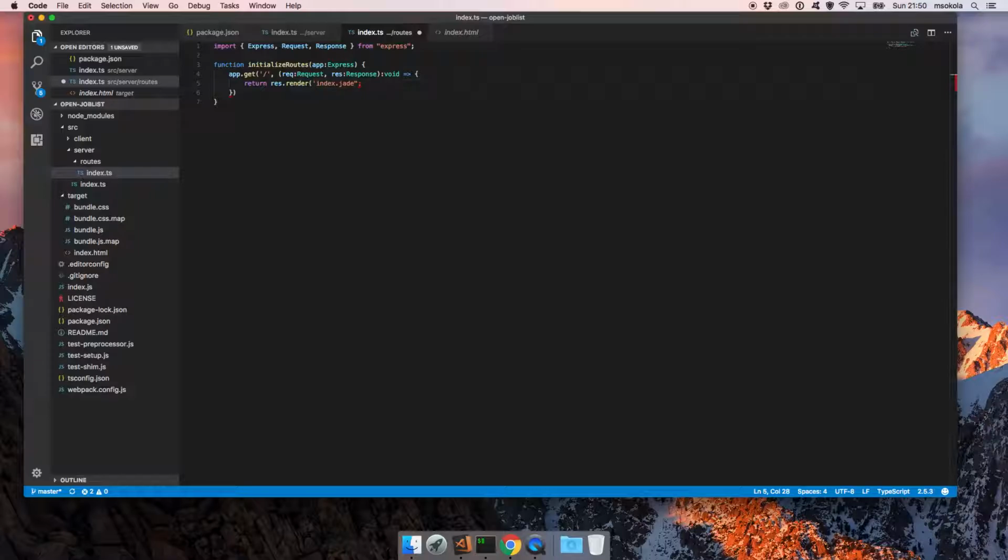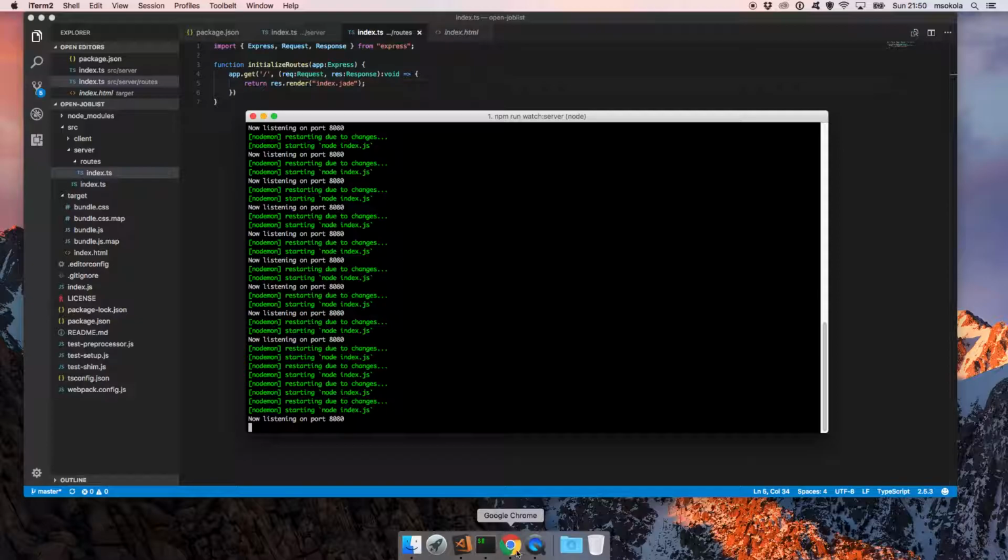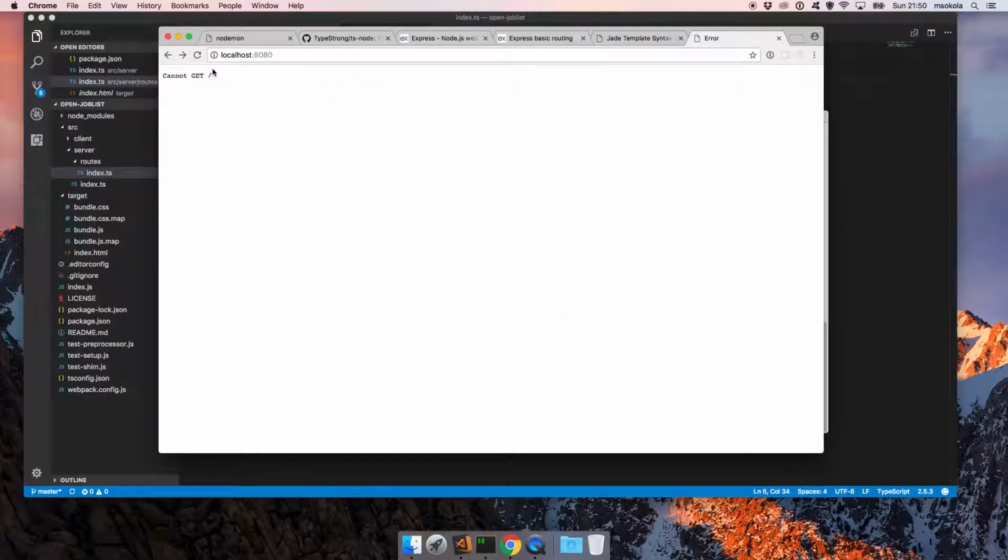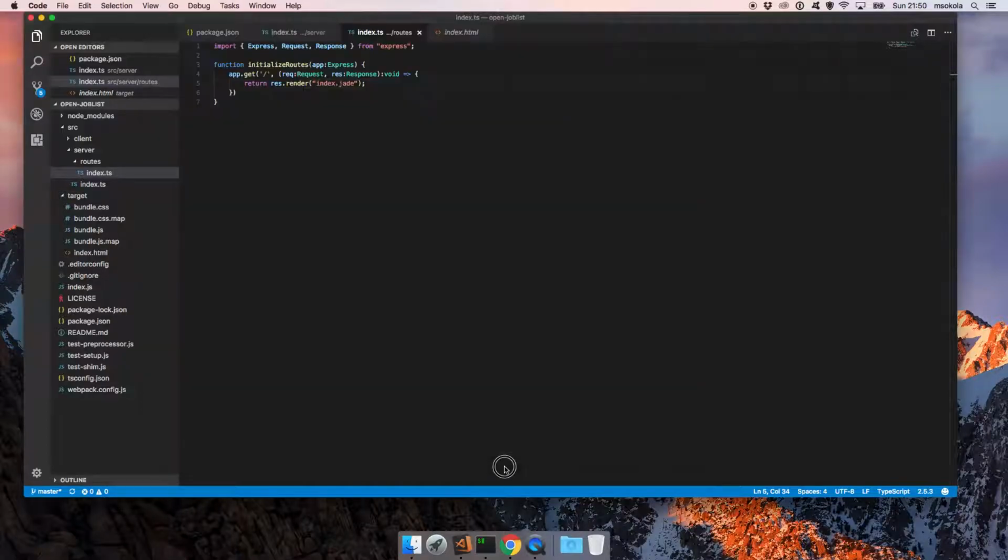Let's use. So what it does, it will just render the index.jade file on the home page. Unfortunately, it's not going to work right now as this file isn't created yet. And we didn't export this method,